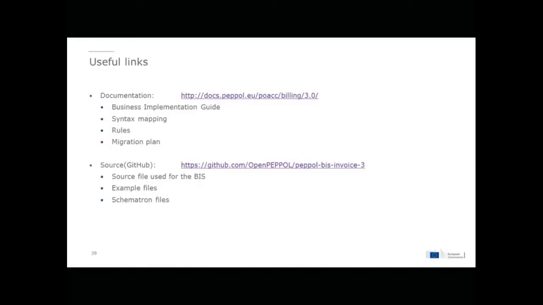Also, if possible, a code list should not be restricted only to electronic invoicing, but if applicable, can also support and apply to general e-procurement. So for both, we have a first draft collecting the requirements